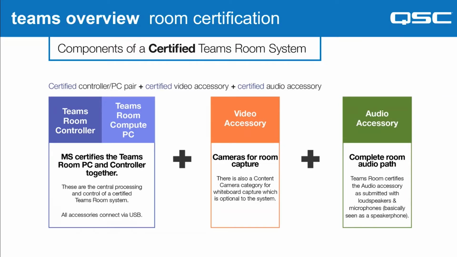So for a certified room, you've got these three pillars here. You've firstly got the compute device and the Teams room controller, which are certified together. So that room controller connects to the PC with USB. You've got the video accessory, and that would usually just be like a USB webcam, USB camera, and then the complete audio signal path. So that's going to include, for a complex room, not just a USB mic and a headset, something like that. It's going to be maybe a network microphone, maybe a DSP, amplifier, loudspeakers,